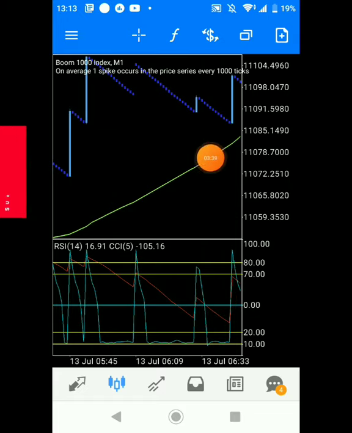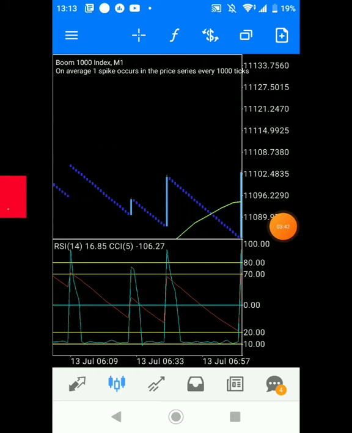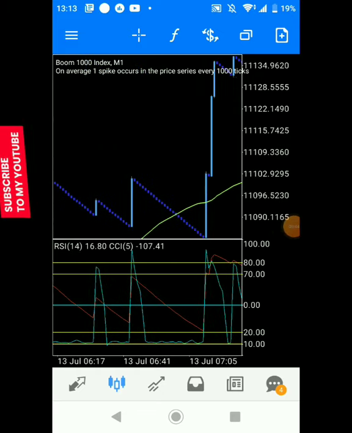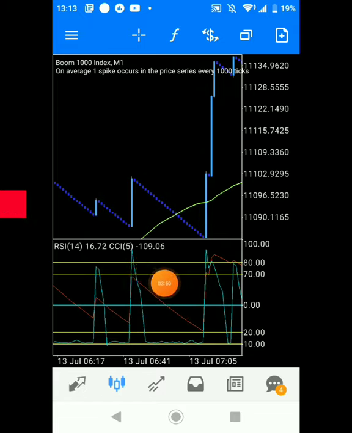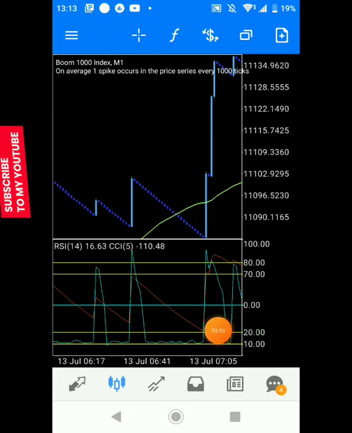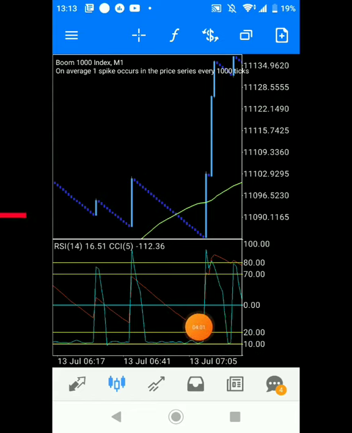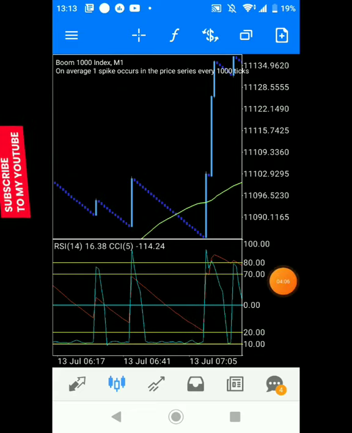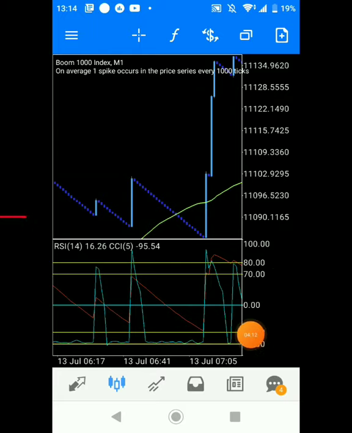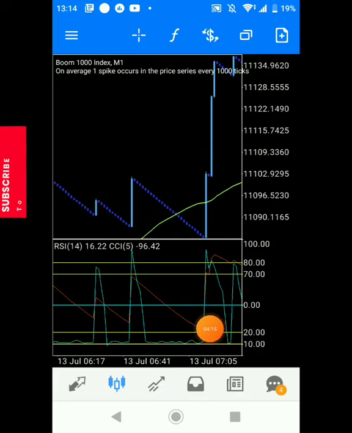You see a few spikes again coming in, price still going deep down. Now you need to be careful. Whenever you notice the red moving average at this 20 level or the 10 level, always make sure you either get out of the market or lock your profits. Sometimes spikes don't even respect stop losses, so once you notice price getting to either of these two levels, stay off the market, because there could be possible spikes.